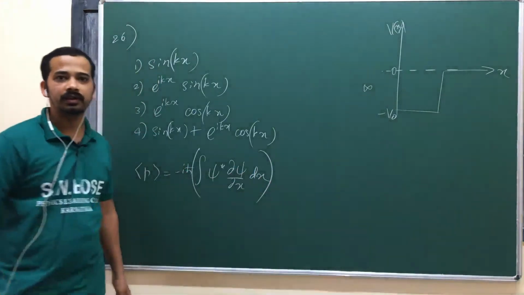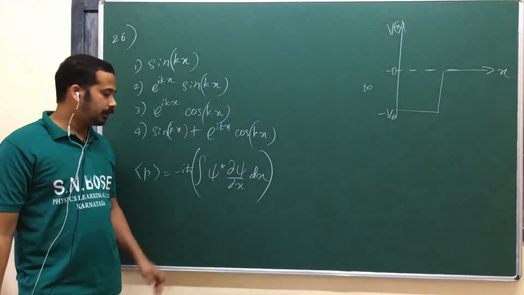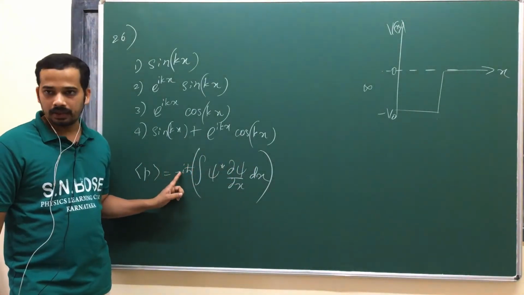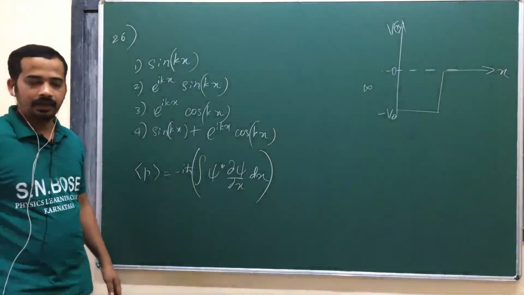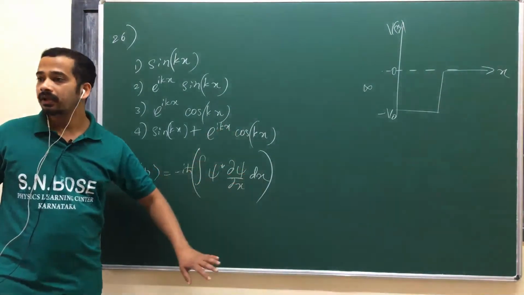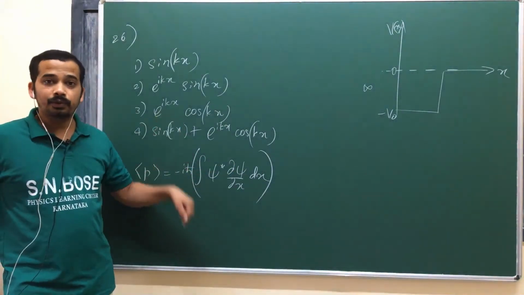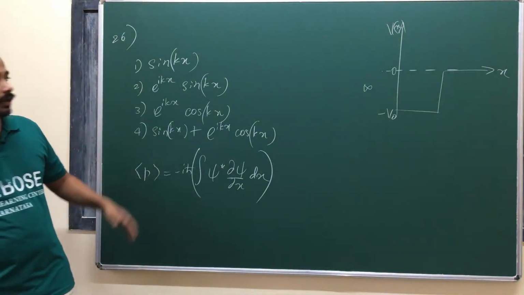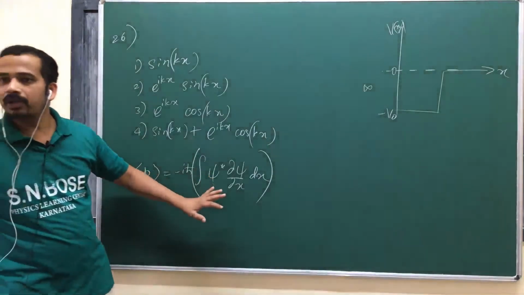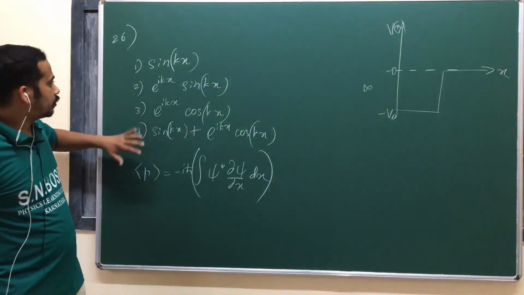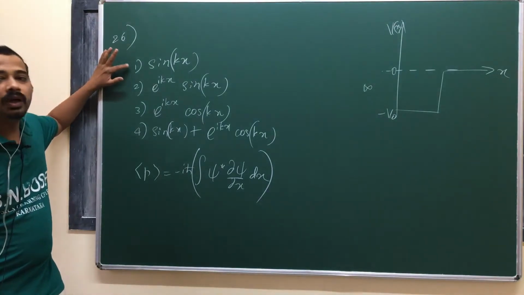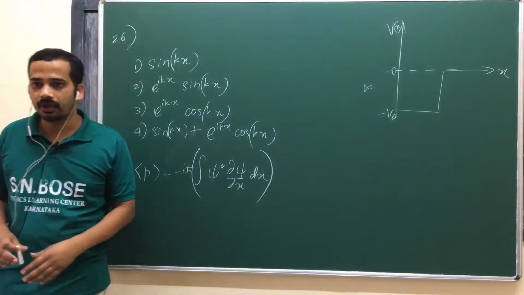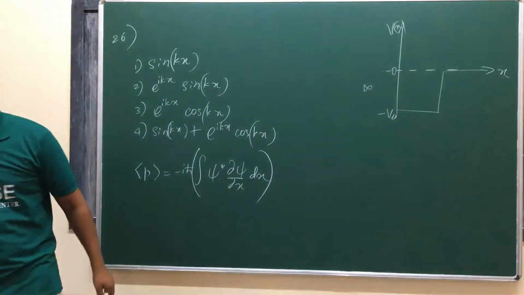If the wave function is imaginary, this integral will be purely imaginary, one i will come out, and i into i gives a real quantity. But if the wave function is real, this integral will be real, so that integral should be 0 to make the expectation of P real. I think he may be expecting that, because a similar question was asked earlier. Only one wave function is real here, so you can choose that one, since it is not a multiple answer question.